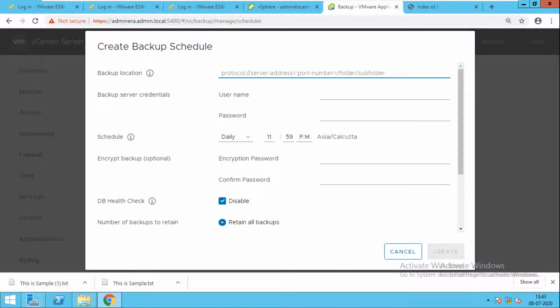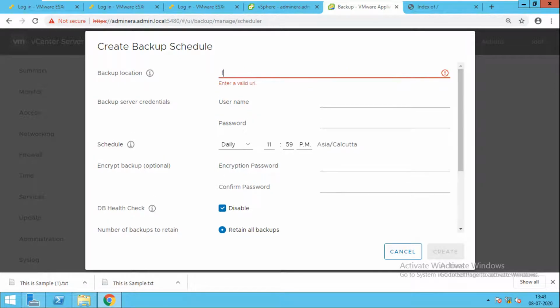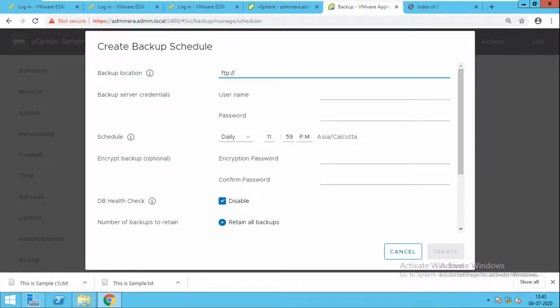for the protocol. You can see the protocol, server address, port number, and the folder. The server address is this, the protocol is this, then the IP address 16.0.20, the port is 21 and the folder is backup. We'll come forward. This is the username and the credential. I showed it in a previous video. There are two credentials we have added, so we'll use one of them.